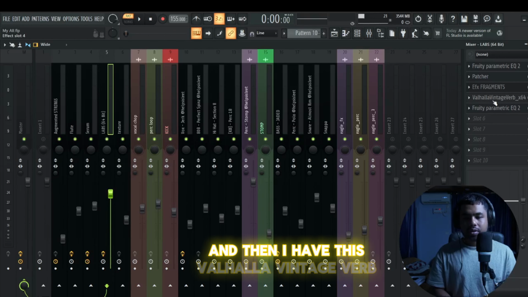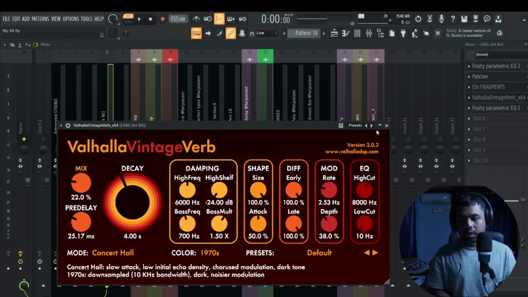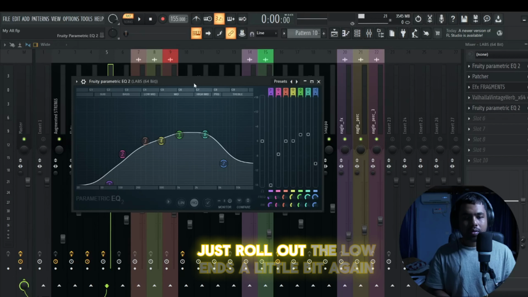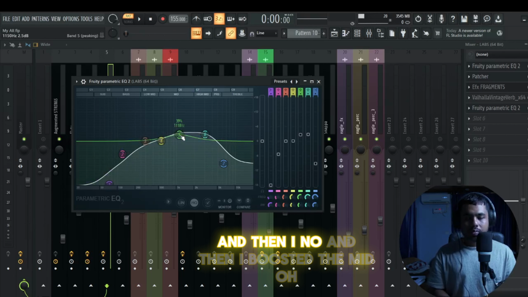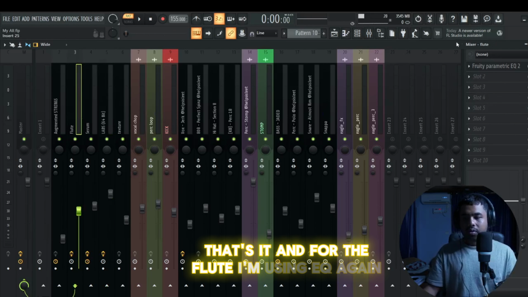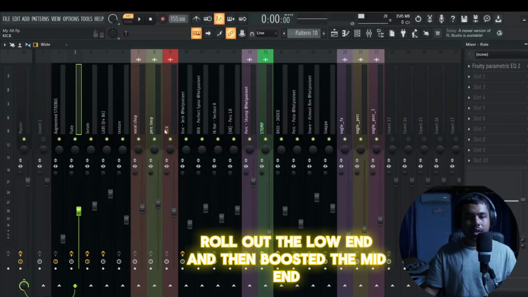And then I have this Valhalla vintage verb. This is the settings. And then I pulled up another Fruity Parametric EQ, just roll out the low ends a little bit again, and then I boosted the mid. That's it. And for the flute, I'm using EQ again, rolled out the low end and then boosted the mid